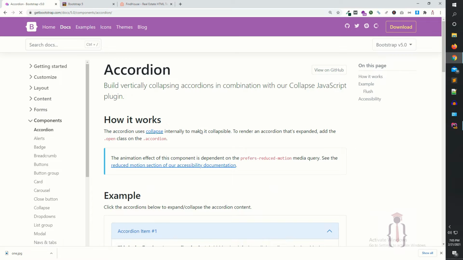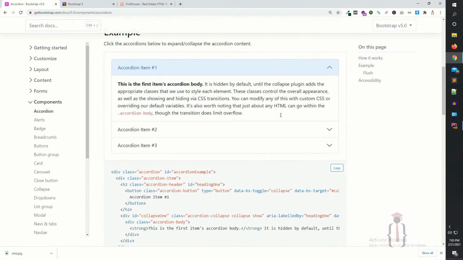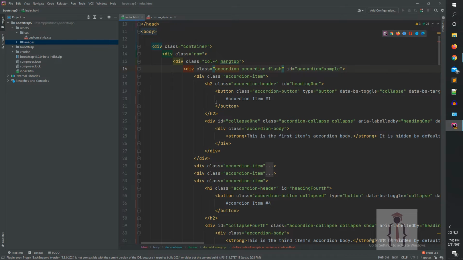We just click on the accordions, copy the code and paste it in our project or in our file, and we always customize that particular code according to our choice or according